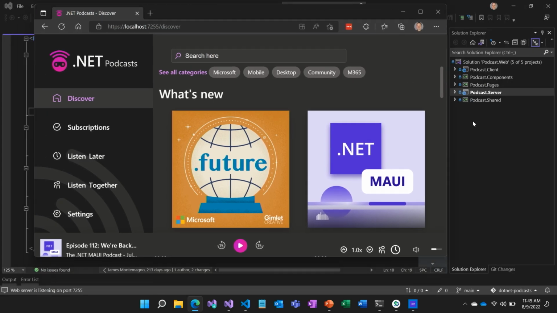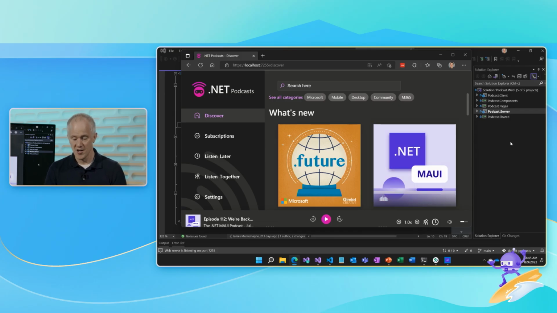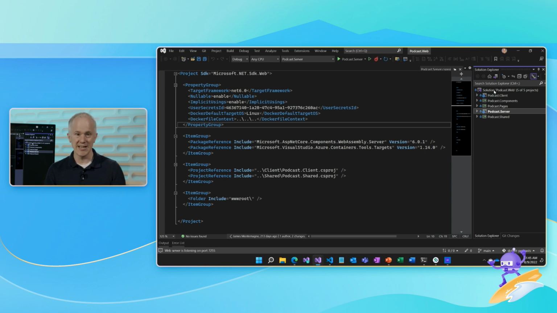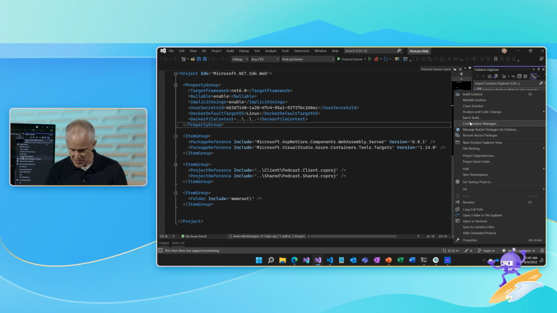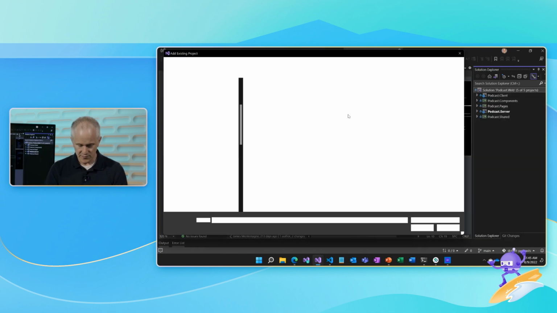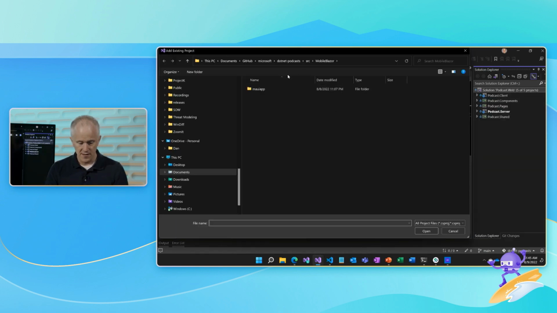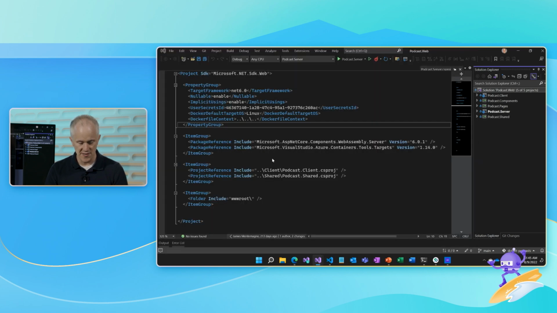Okay. Now, but let's say we decided we really want a native client experience for this .NET Podcast app. Maybe we want to be in the different stores, or maybe we want to actually leverage native device capabilities that are tricky to do on the web. No problem. So let's add a .NET MAUI Blazor app to this solution. So I'm going to right-click up here, and I have an existing project that I've already set up for this. Add existing project, and this is part of the sample application on GitHub as well, so you can play around with this. So I'm going to add this project.